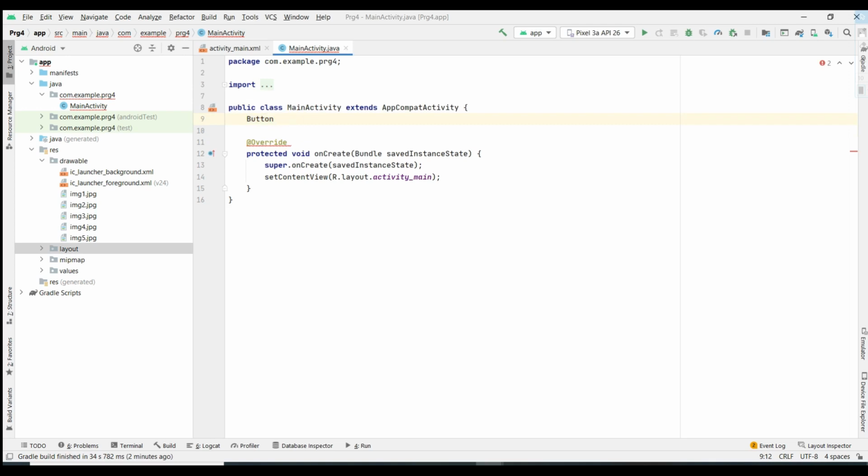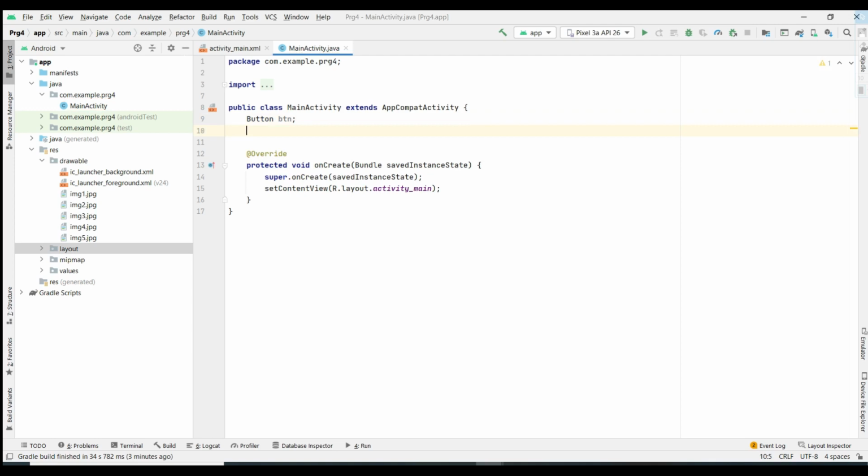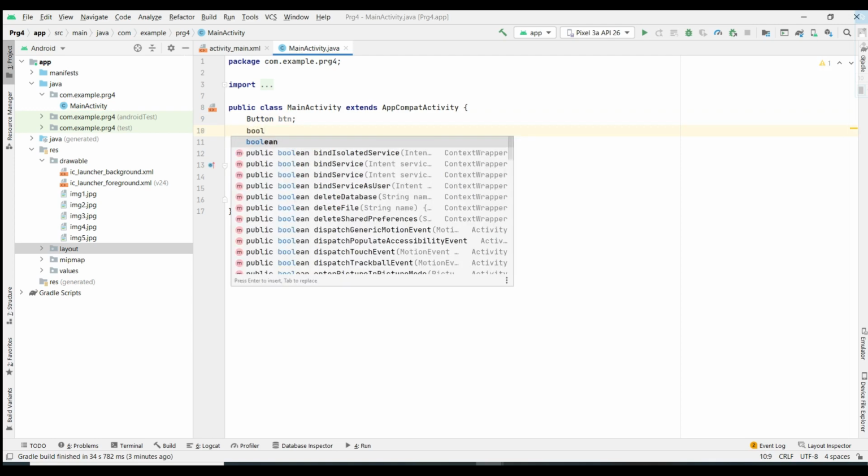And since the Java reference object for this I'm going to make as btn, I have simply given it as btn. Now I am going to make use of one variable which is of the type boolean. Why? Because either this application should be in a running state or it should be in a stop state.